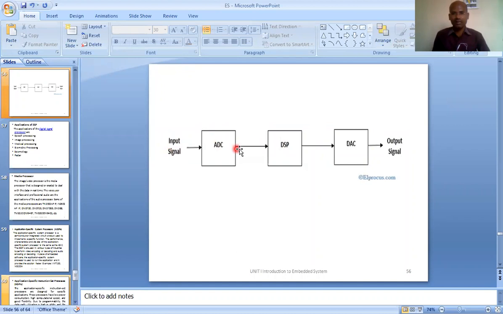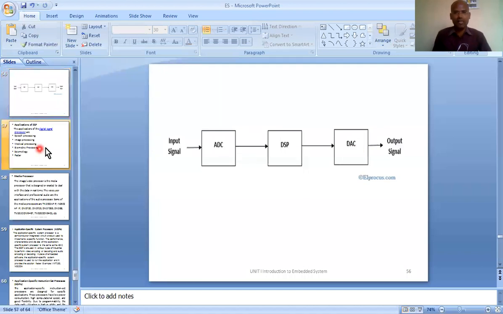Here the signal becomes digital, whereas here it is analog. Now the digital signal is processed in the DSP processor, where we implement algorithms in the form of programs. Once the signal is processed, depending on the output device, we convert this digital signal back to analog using a digital to analog converter.